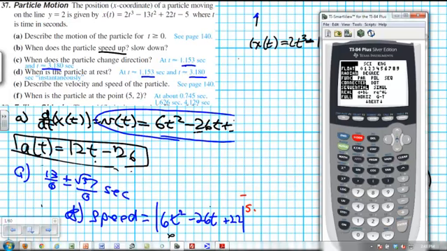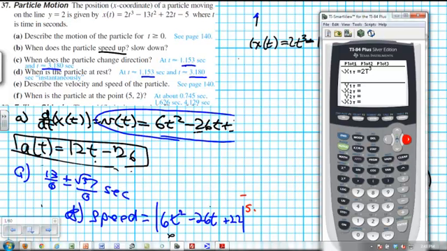So using parametric mode, I can actually model the movement of this particle by putting the position equation for the particle into